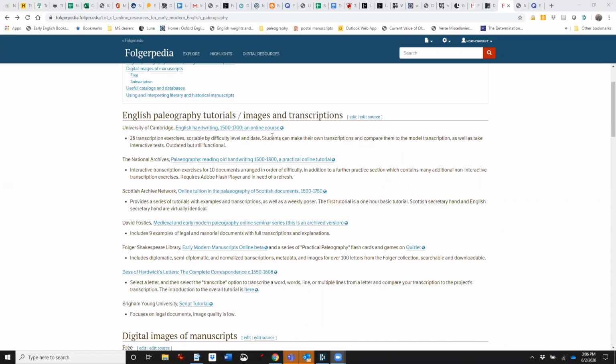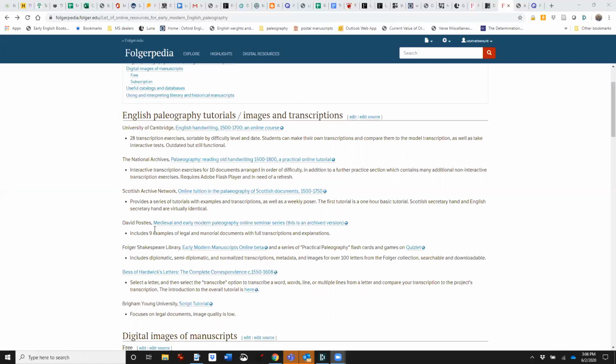So you may find, for example, if you go to the University of Cambridge site, you whip through those 28 manuscripts that they put up there and want to try your hand at some others. So these other resources provide further practice. None of them are particularly up to date, and I can't guarantee that they're going to be there forever.